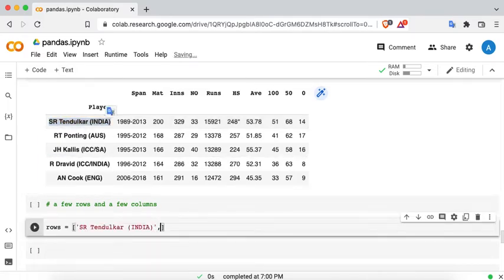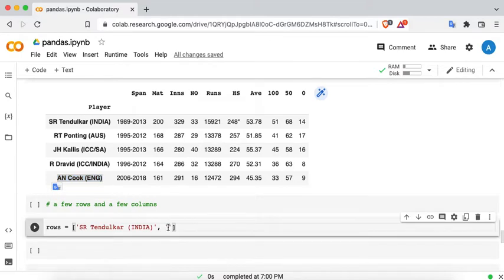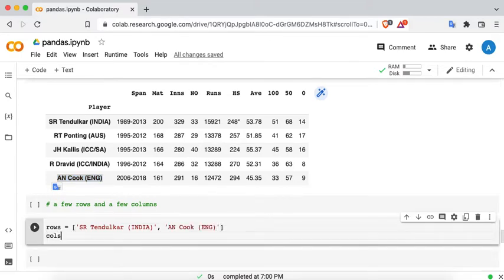I'm just randomly picking a few rows, and then a few columns. These would be 100, 50,